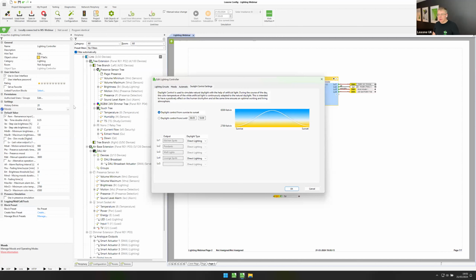You can set your minimum and your maximum color temperatures. We can set these in the parameters of the lighting controller on the left-hand side. So the minimum at the moment is 2,700, maximum is 6,500. And of course, we can set what type of lighting it is. So the kitchen spots is direct lighting. And we could say